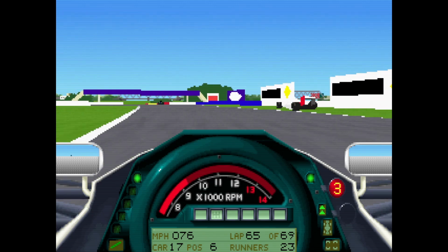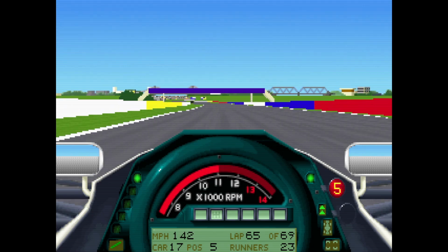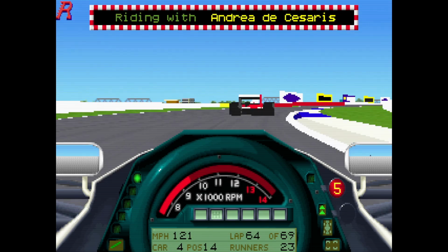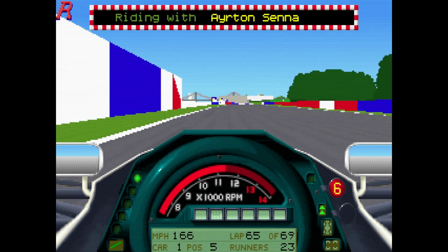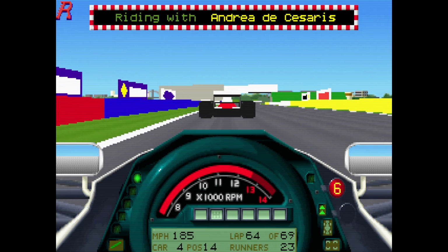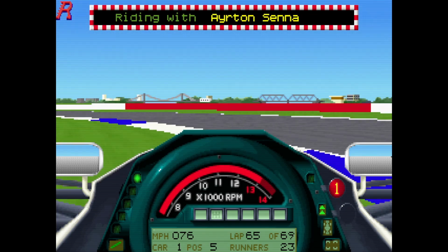Oh, Senna's gone off. That's helpful. He must have gone off battling the back marker. Excellent. Let's just have a quick replay of what happened there. Oh no, I think he just went off on his own. It was well ahead of the Chesers. Oh no, I know what's happened. The Chesers has had a... No, he's just absolutely thrown it off the...